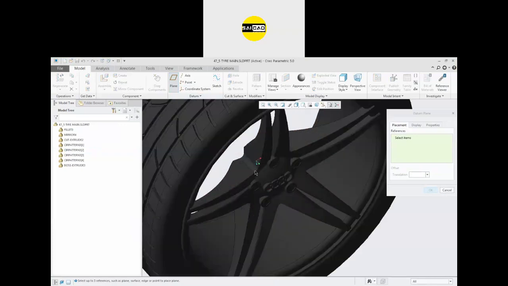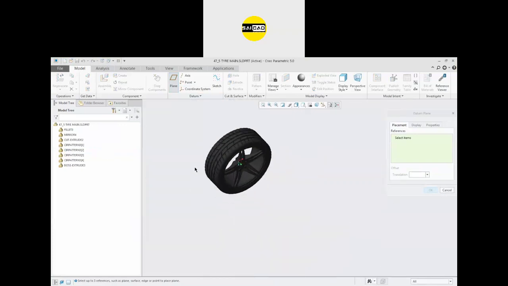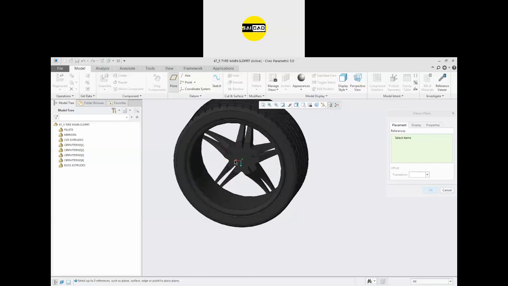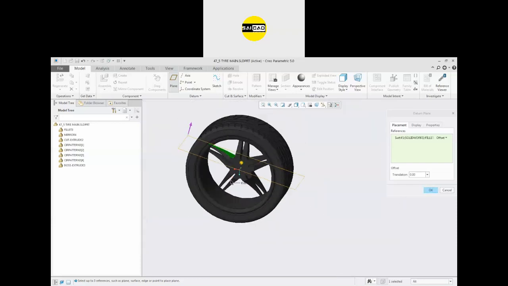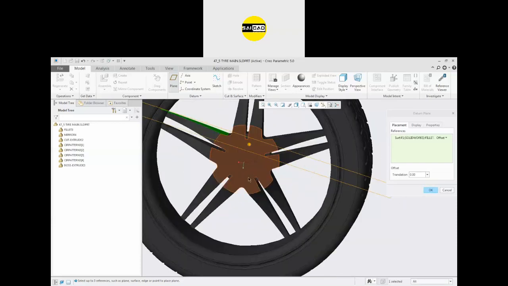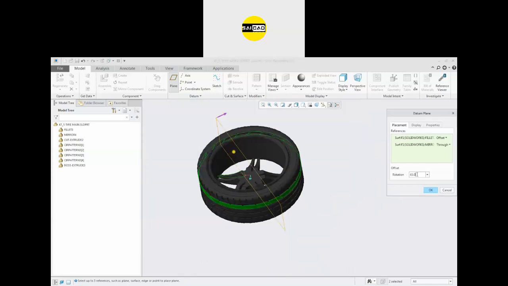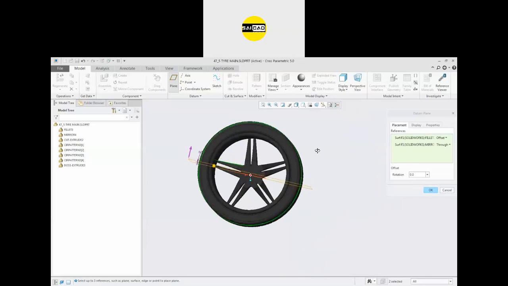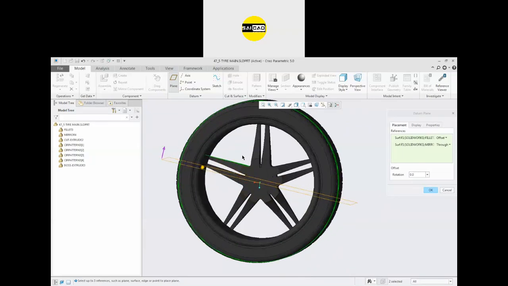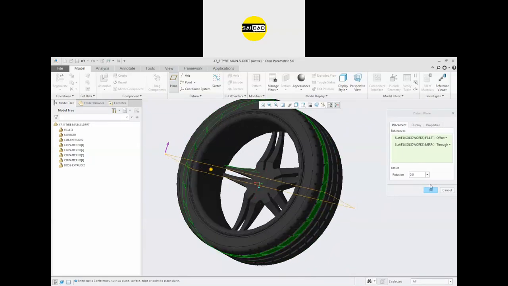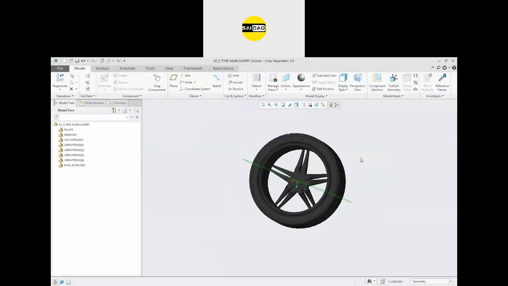So we don't have any flat option here. So I'm going to just define somewhere here and use the cylindrical face and the angle should be 0 degree. So like that, you can define a plane with the help of a flat face and some rotation. It's okay, there will be the plane. You can define it like that.